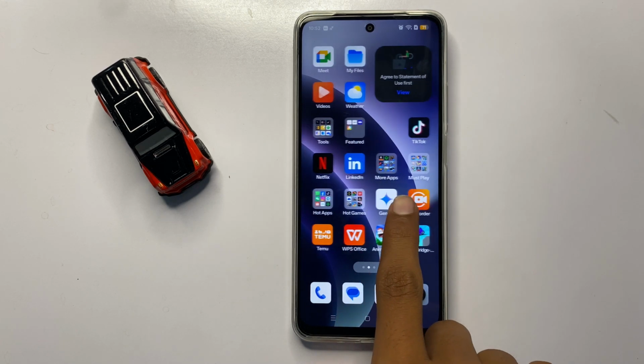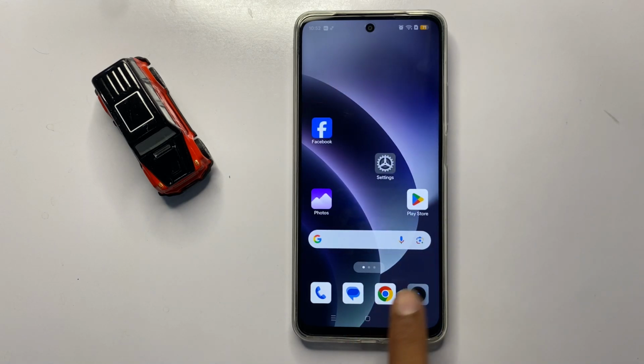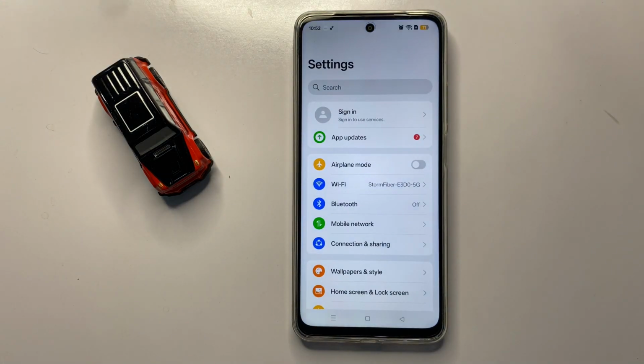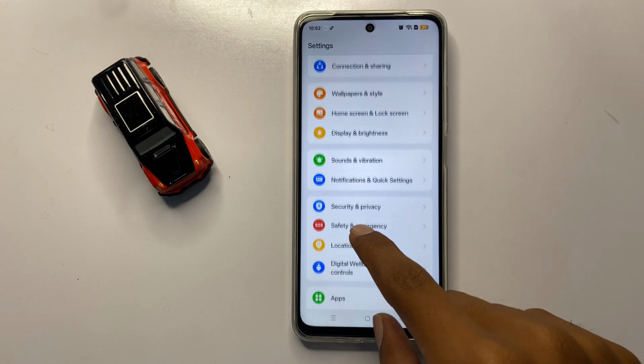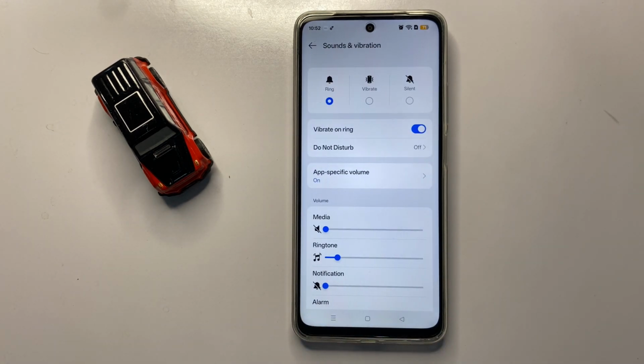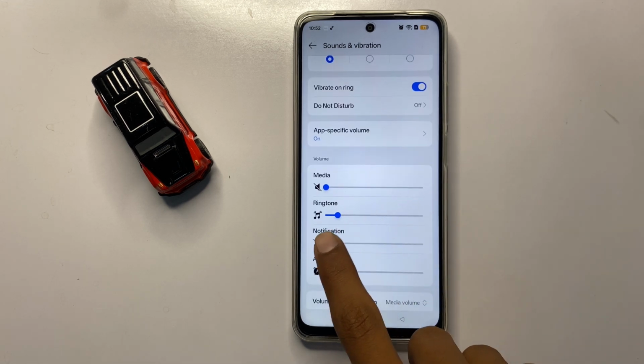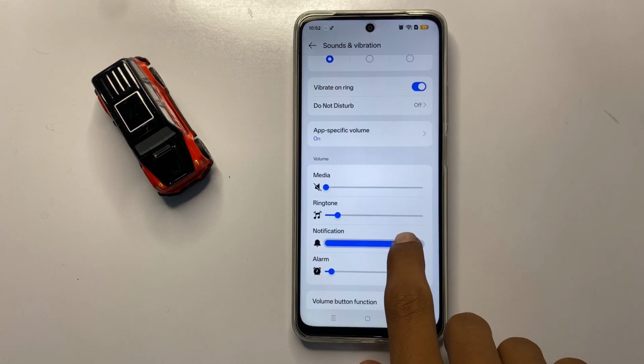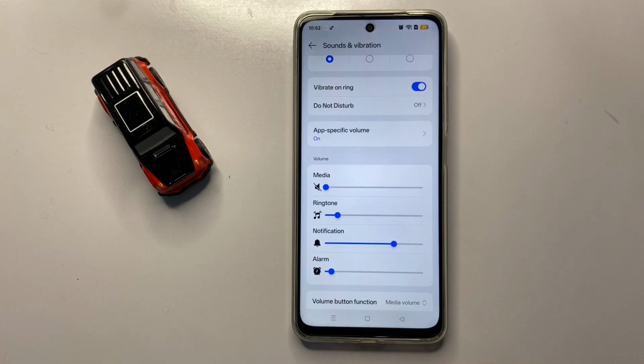First of all, open settings. In settings, scroll down and click on sounds and vibration. Now here you can turn on your notification sound. After turning on your notification sound, then go back